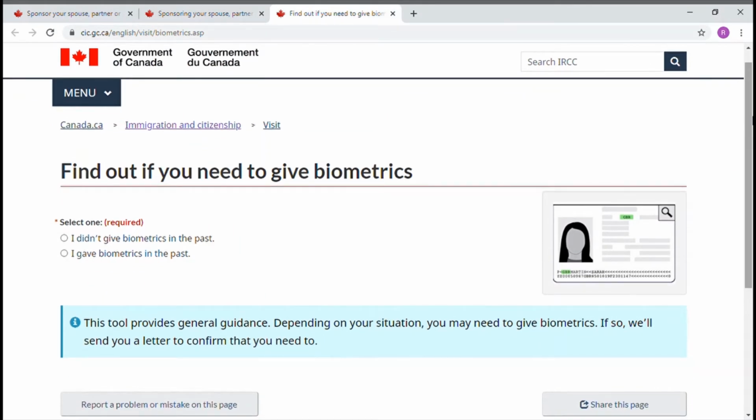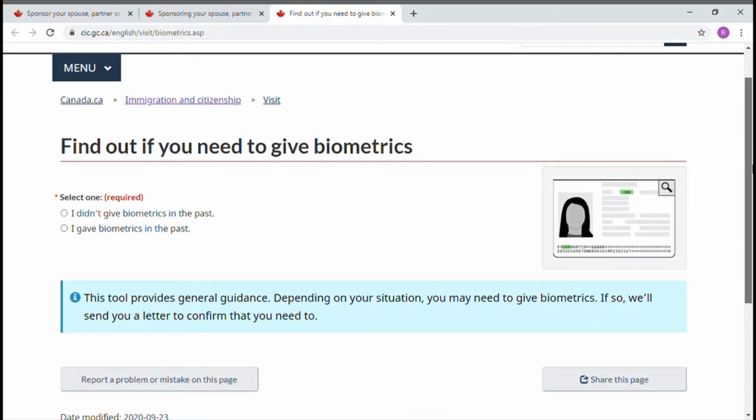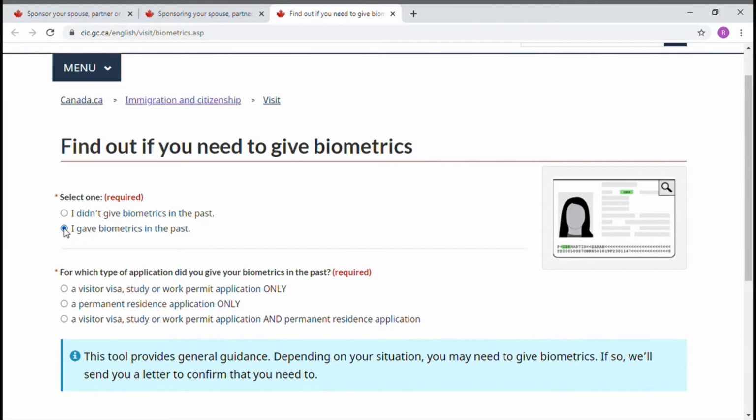So find out if you need to give your biometrics. Depending on your answers to a couple of questions, they will let you know if you need to provide your biometrics or not. So for example, if you come here to Canada with a visitor visa, with a work permit, with a study visa, and you already provided your biometrics when you applied for those kinds of visas, you check, I gave biometrics in the past,